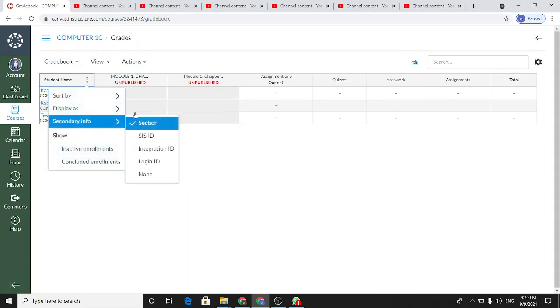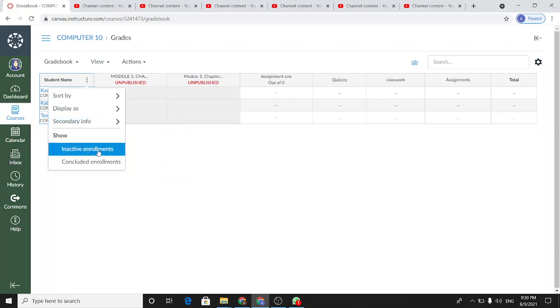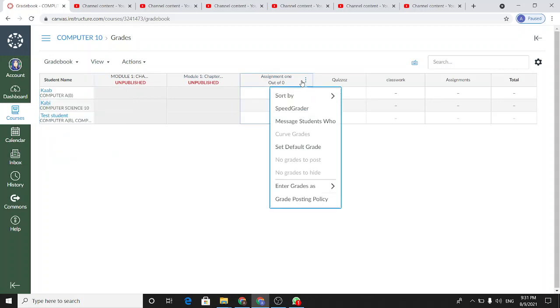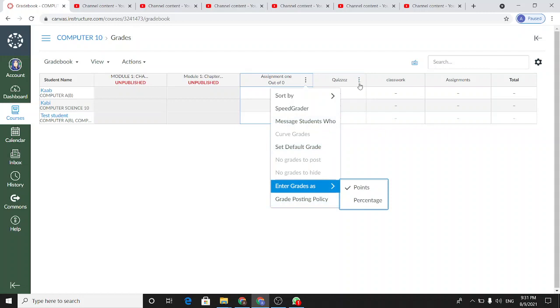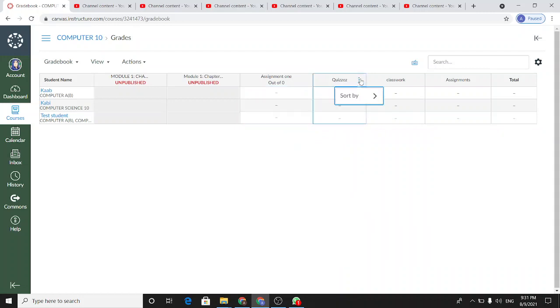You can display as first name, last name, secondary information, inactive enrollments, concluded enrollments, and when I click on assignment, you can see speed grader, message students who haven't submitted the assignment, enter grade as point, percentage. There are different settings for that relevant field.